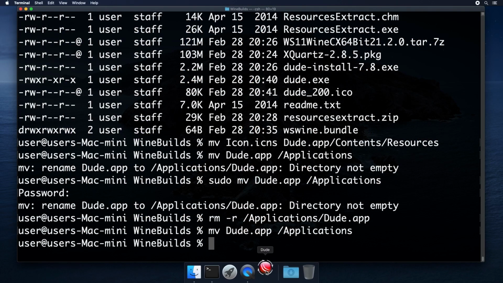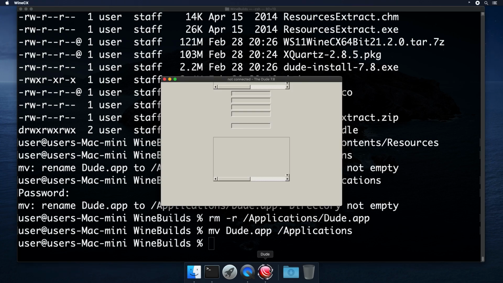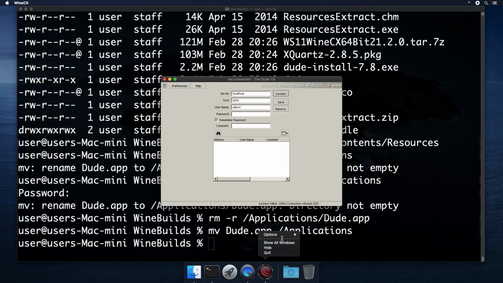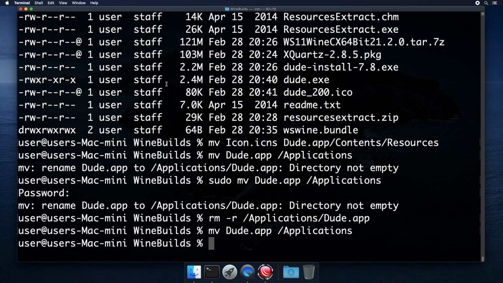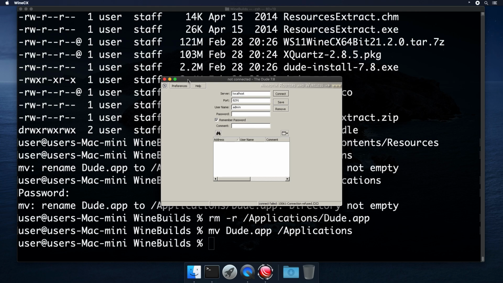Alright, now we got our Dude. It's in our Applications. You can tell it to keep it in the dock. And there's our 32-bit MikroTik Dude Windows application running on